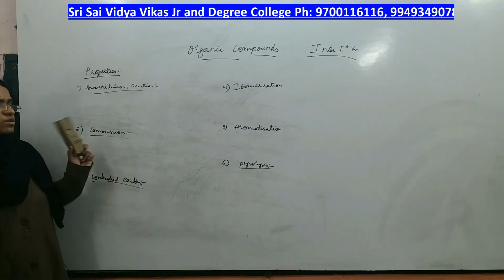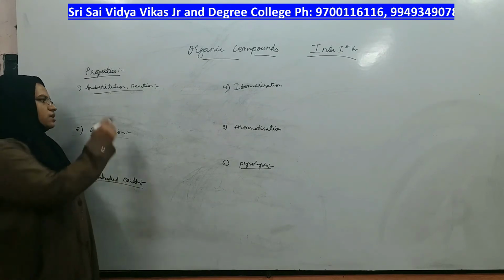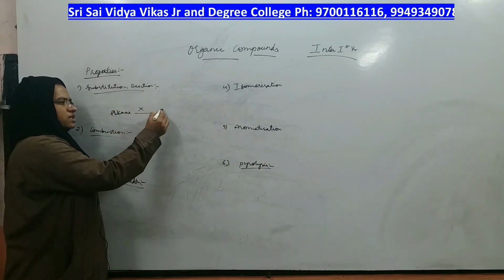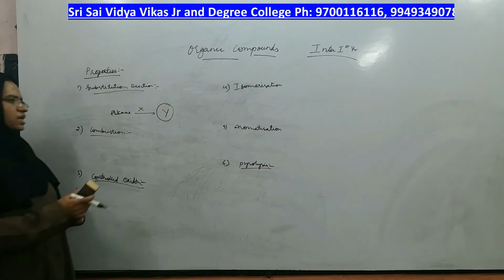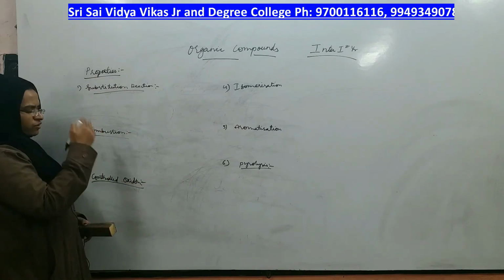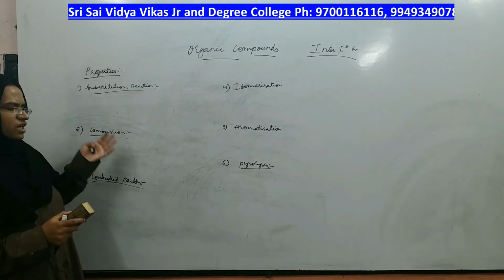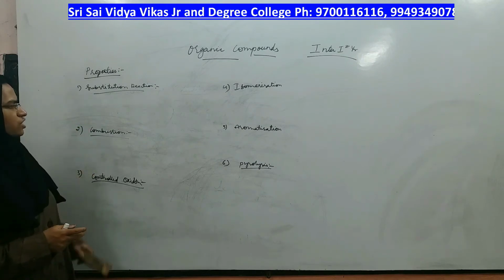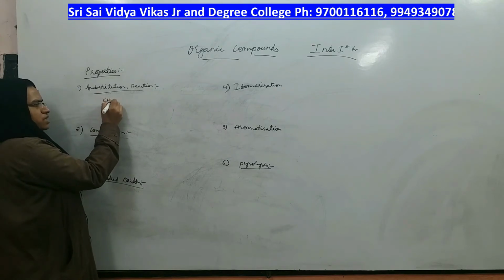Now let us come to the properties of alkanes. What will be the type of reaction in properties? How alkanes will combine with any reagent to give you any important product. That is nothing but properties, right? Chemical properties, in fact. So now we will see how many types of reactions are possible in which alkanes will react with any reagent to give you a desired product. What is the first method of reaction of alkane? Substitution reaction. In this reaction, let me take the simplest alkane only.